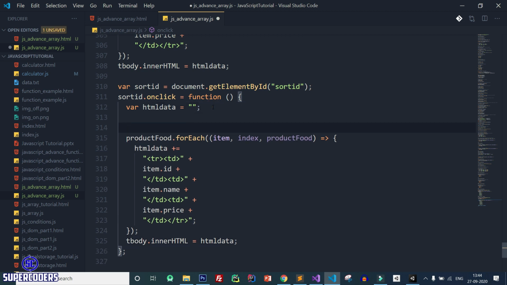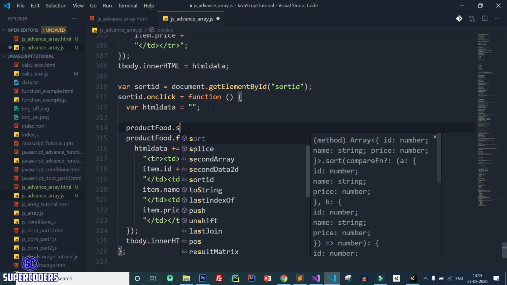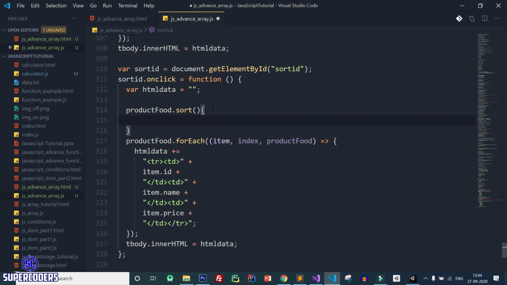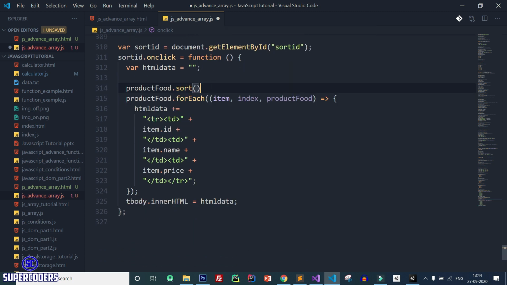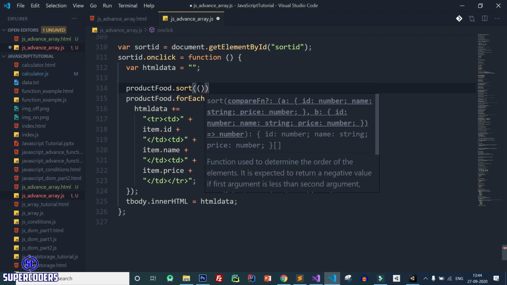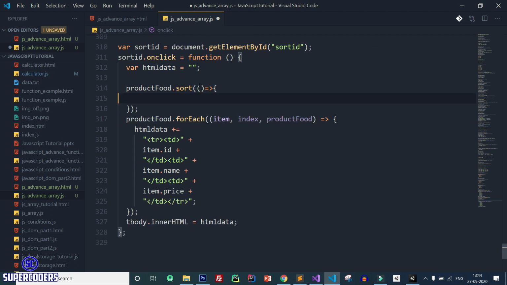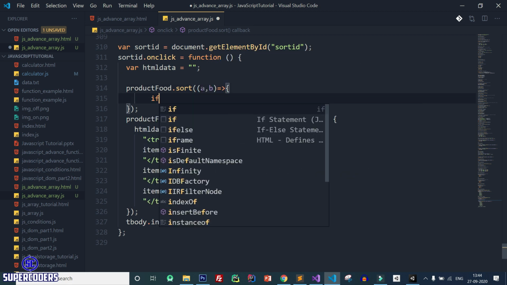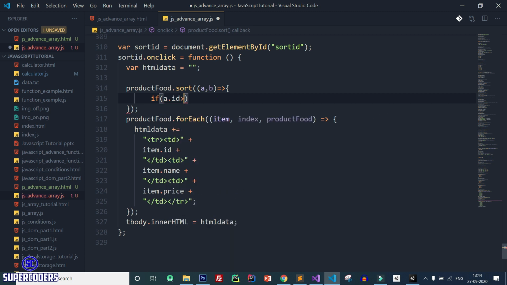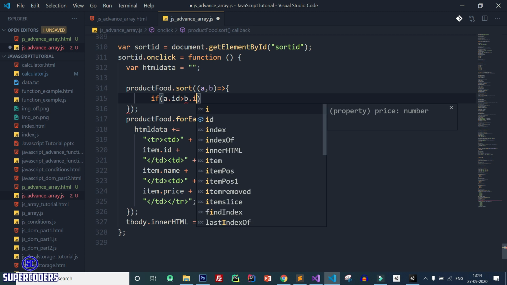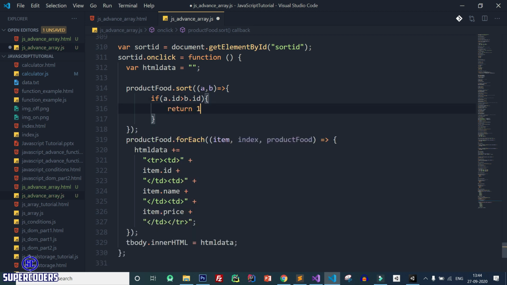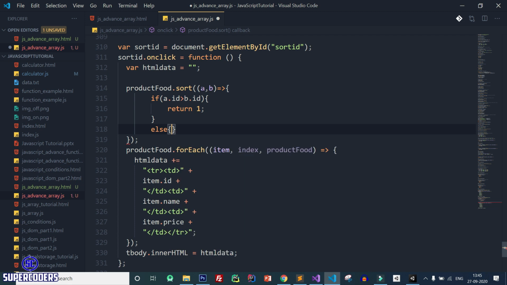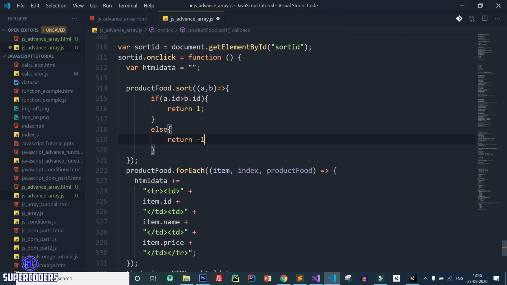So first, product food dot sort. Then here arrow function a comma b. If a dot id greater than b dot id, return 1, else return -1. Also here we need to do our reverse sorting and ascending and descending order.